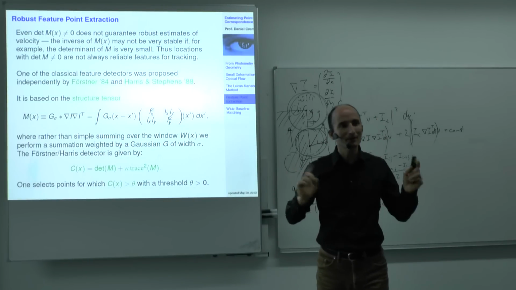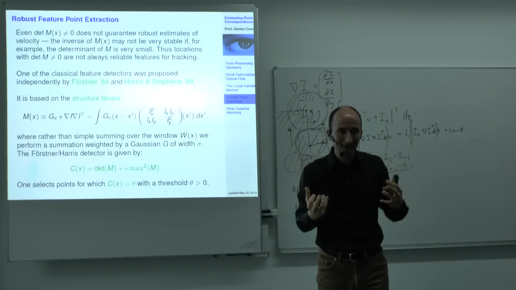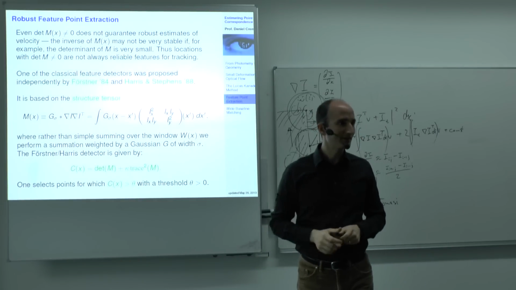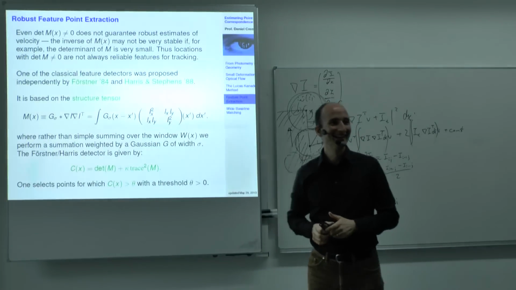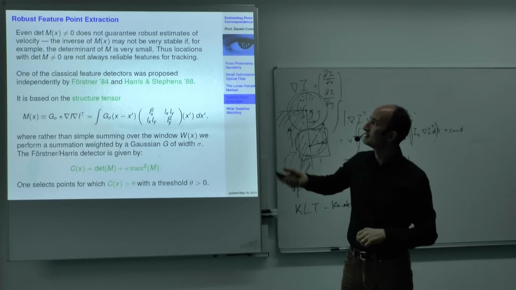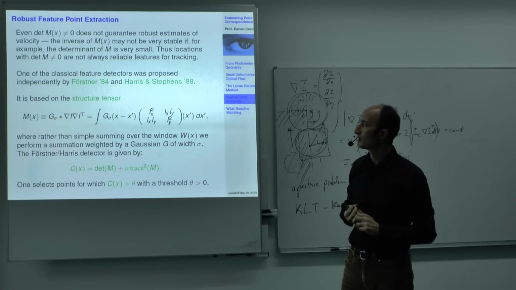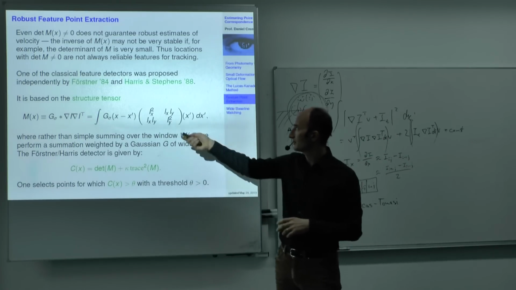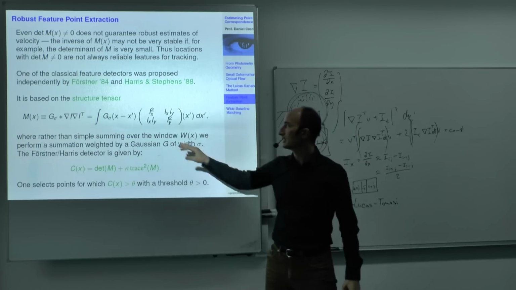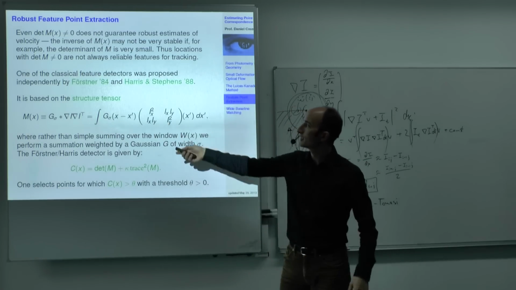And if you then come a few years later, it's like trying to stop a wave by saying, wait a second, this is not right. So this happens frequently. Nowadays the detector is often called Harris, but do keep in mind it was invented by Förstner in '84. The way it works is you set up the structure tensor, and you see there's one slight